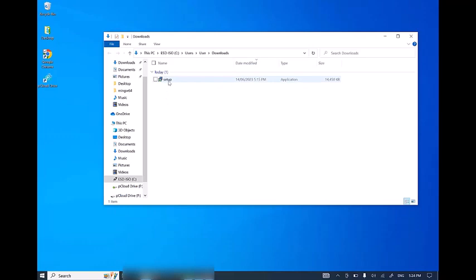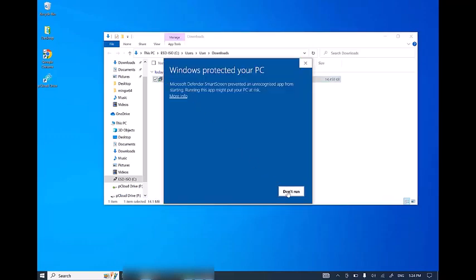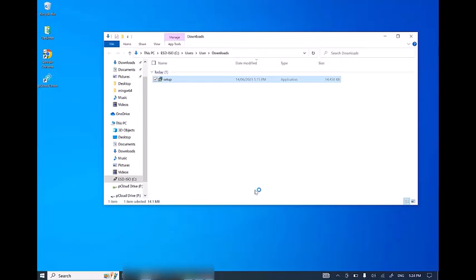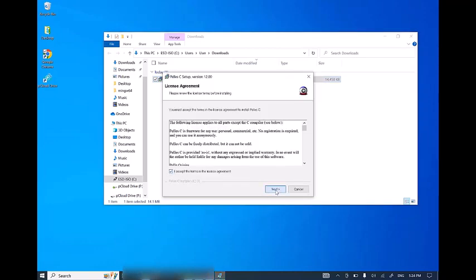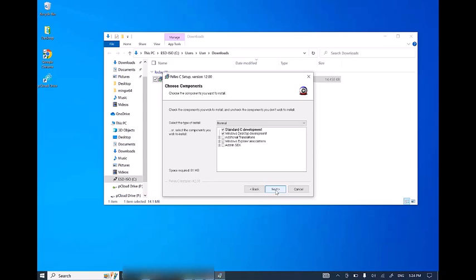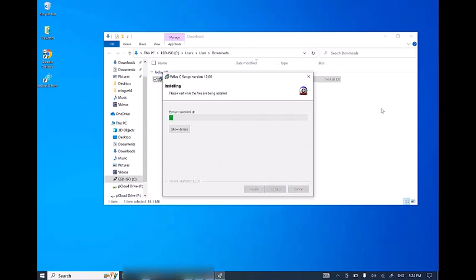Run the downloaded setup file. Once finished, close it